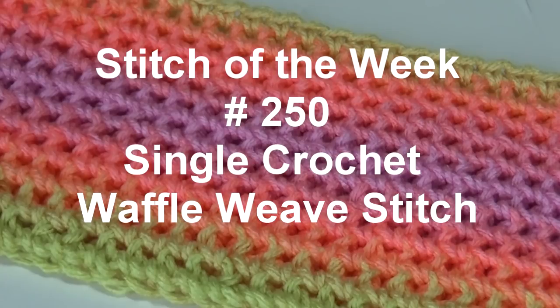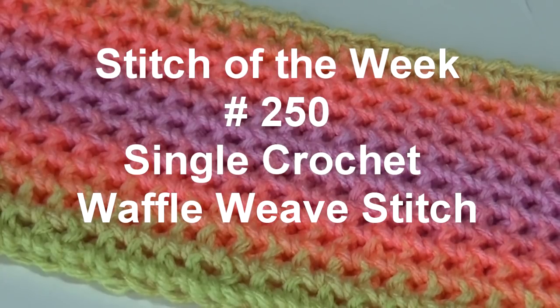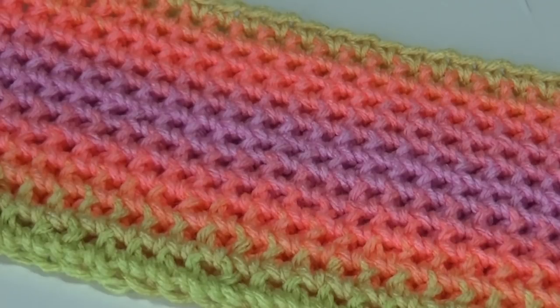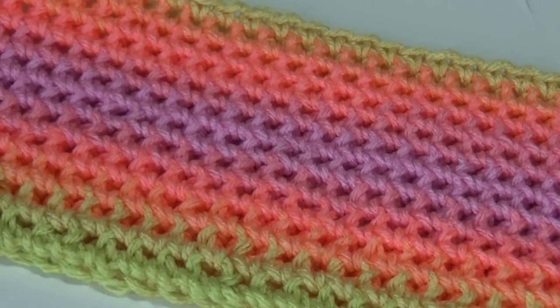It's Stitch of the Week time, and this week's stitch is number 250, a single crochet waffle weave stitch. I came across this stitch and absolutely loved it, had to try it, and I had a member request that I do a video on this stitch. She was having trouble,